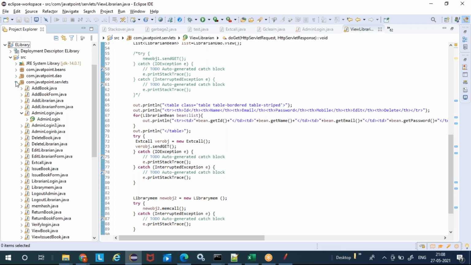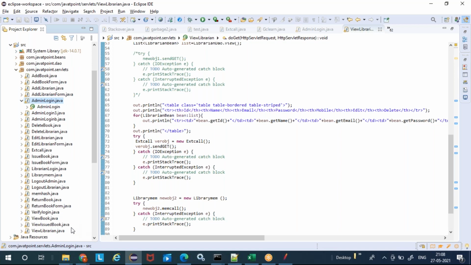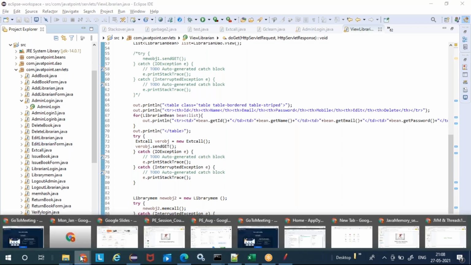You can also play around with the code, with whatever files I give you to replace. Say, for example, if I'm going to create a response time problem with login, I will add something in AdminLogin.java or the ViewLibrary Java file. That file will be available in the Google Drive, and you just replace it in your workspace so that you can recreate that problem on your machine and troubleshoot. Okay, so number one, this entire code will be given to you, and then the individual files will also be given to you.